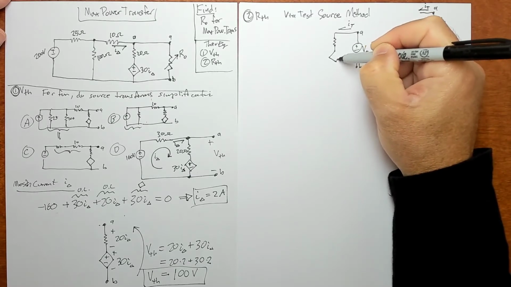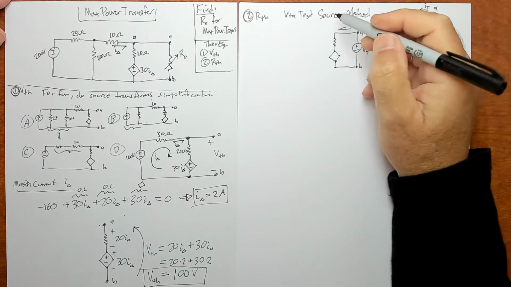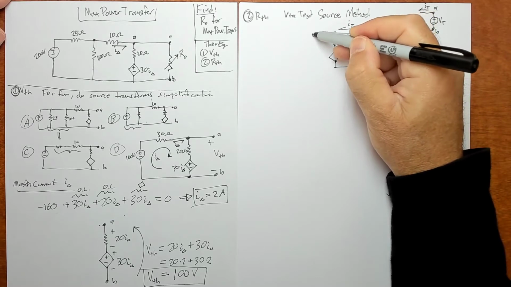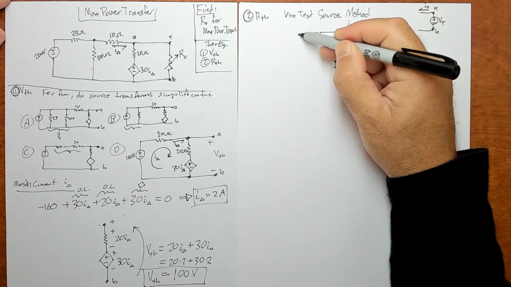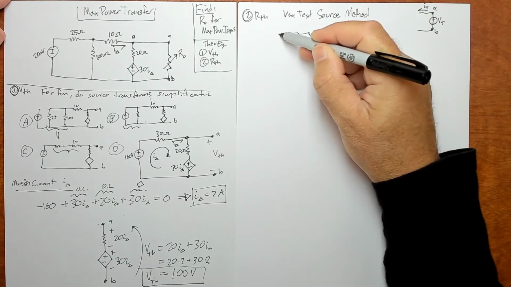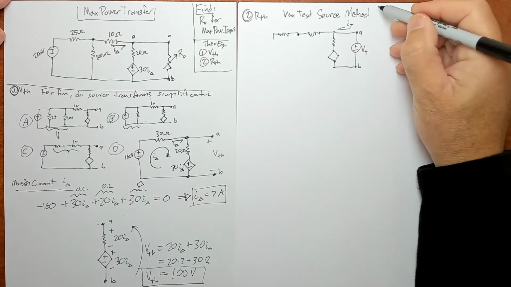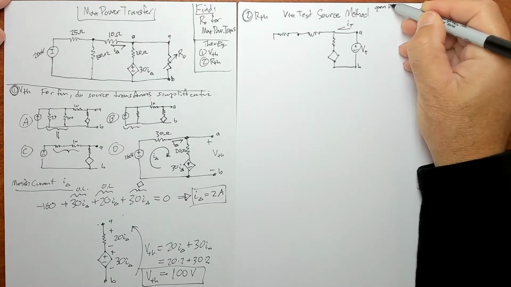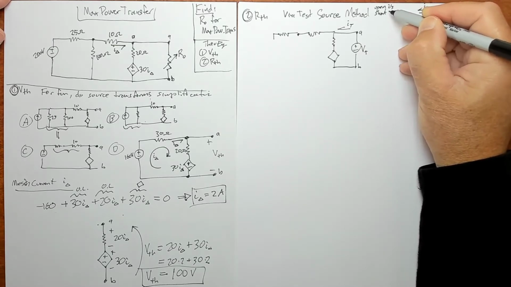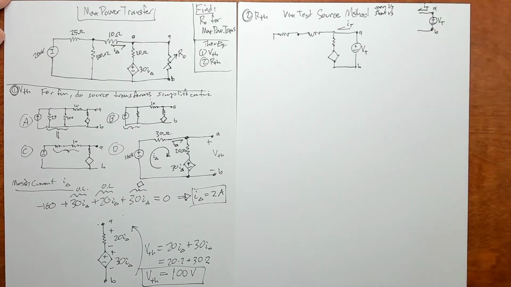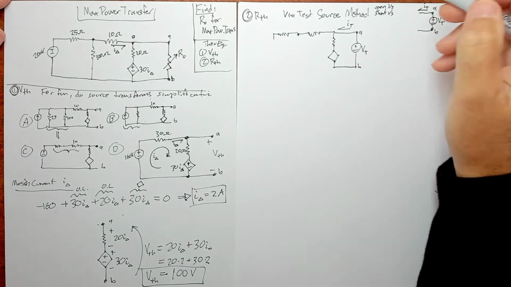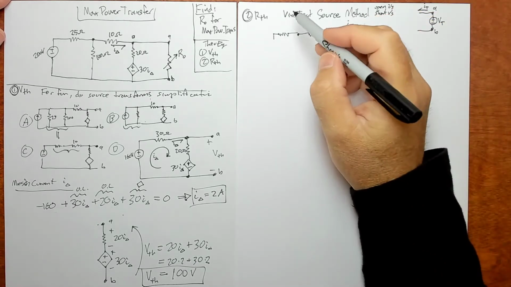We've still got our diamond and our other guy, and then we've got this guy, and then this guy. In the test source method, you still open the I's and short the V's. Don't get confused with the short circuit method where you leave these guys. Okay, but in this guy